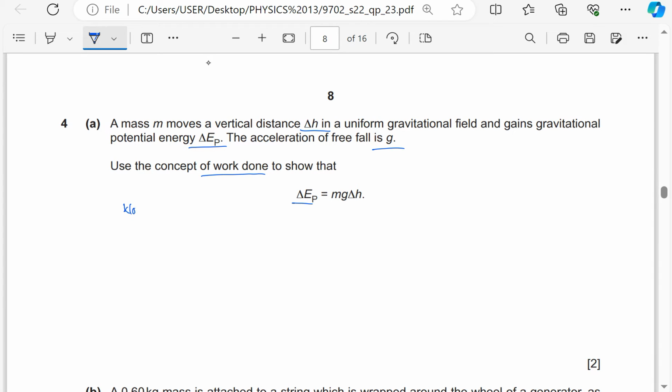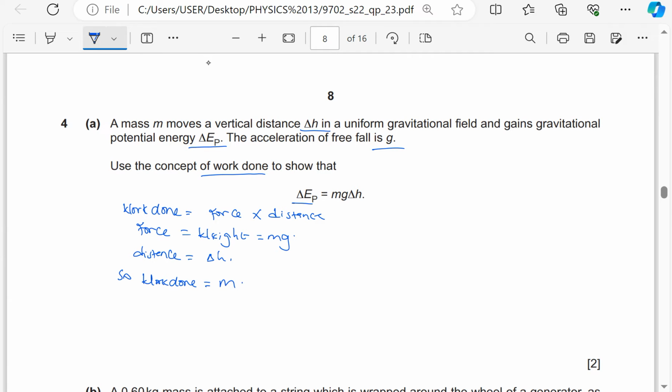So we know that work done equals the force times distance in the direction of the force. The force has not been given here, so the force in this case is going to be the weight, which is mg. And the distance in this case is going to be the vertical height, which is delta h. So the work done